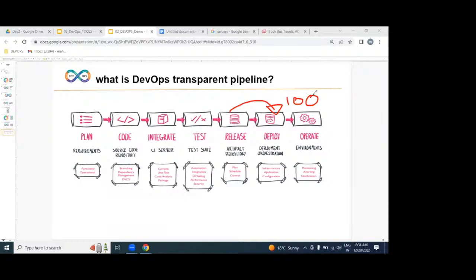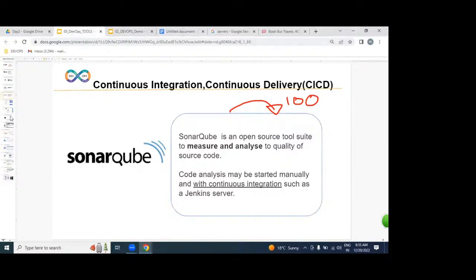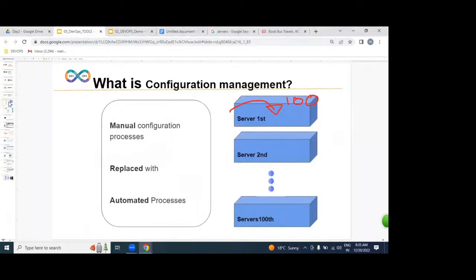On hundreds of servers, if you want to create a file, install a software, or change a file, which process are we going to be using, guys? An automated process. At a time, I want to install a software, at a time I want to create a file on hundreds of servers. For that, we are going to be using configuration management.